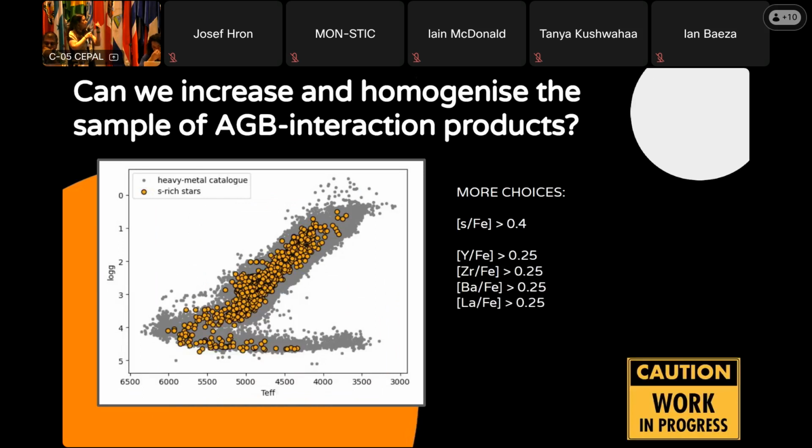So let me show you the catalog. And again, more choices. So every choice that I made will change the final number. So again, looking forward to hear what you think about these choices. I called s-process enhanced stars those stars that have the average of the 4 elements higher than 0.4. That's the number that traditionally would have been 0.25, but I stayed with 0.4 to be a little bit more conservative. And I did put a cutoff on each one of the individual elements at 0.25, because I found that using only the average, I encountered some stars with negative barium, which I was not very comfortable with. So I decided to put this additional threshold there.